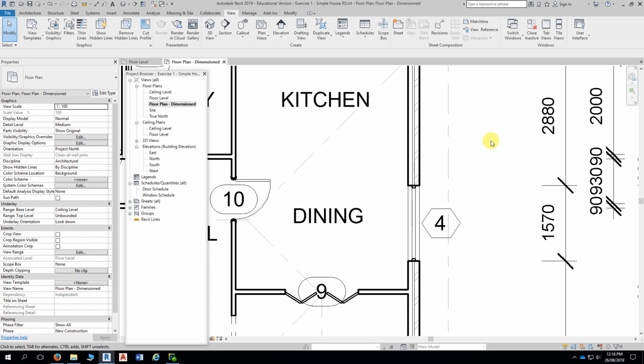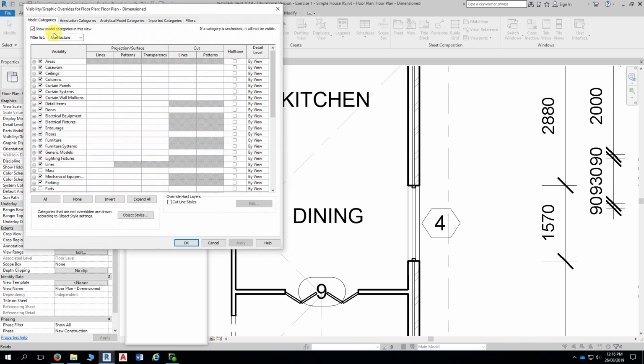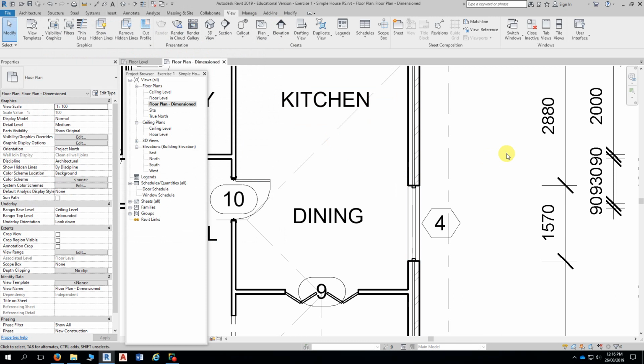Yes. The question is, now that we've hidden the separation line, if we wanted to show it again, how do we find it? Of course, we can look for it through visibility graphics because it exists as a category. But if you simply cannot find it in the lists here, you will eventually find it, but it might take some time. The way that you can actually reveal hidden elements, so if things are hidden by category in a view, they can still be seen, but you actually have to switch on